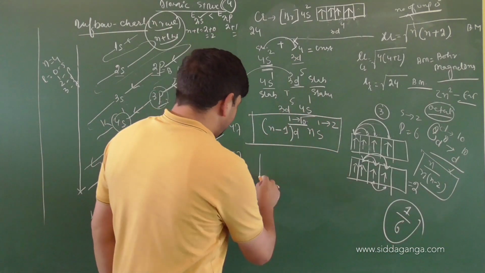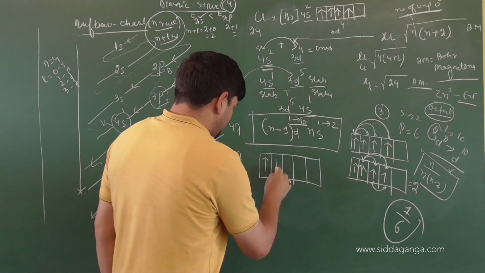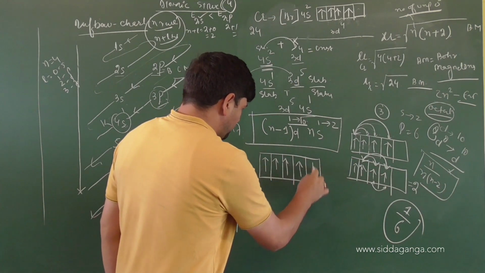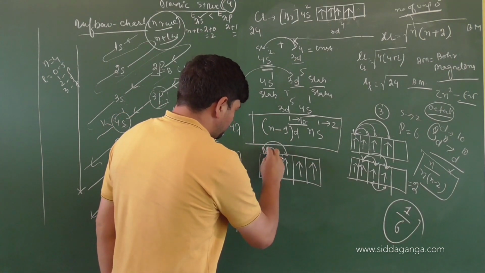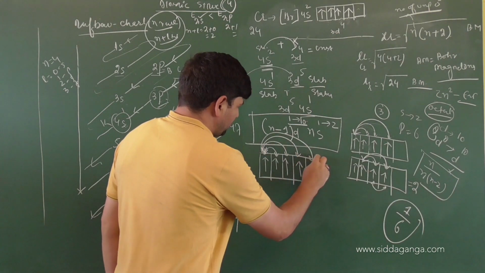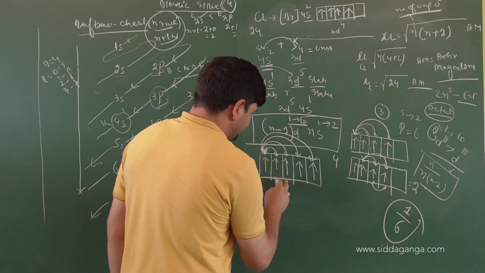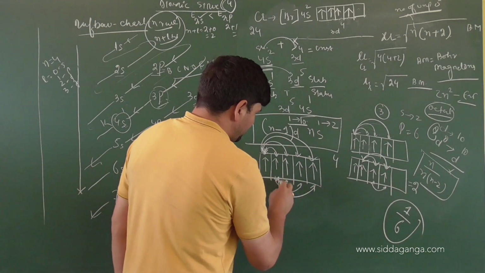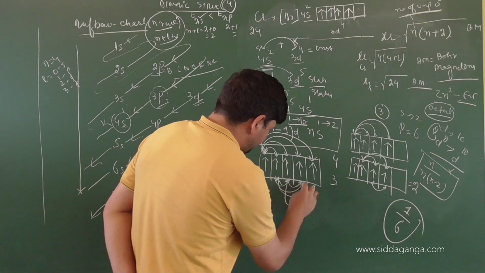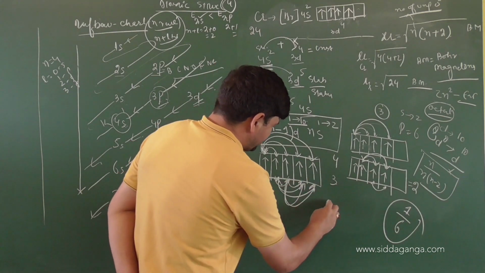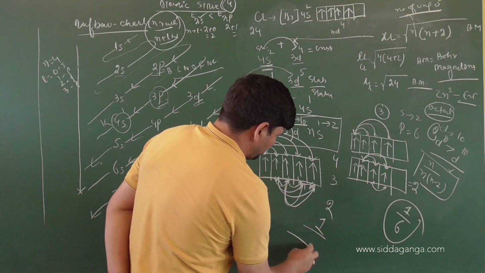Let us now see if it is d5. So 1, 2, 3, clockwise direction I am showing, 4, 5. Let us see how many exchanges. Have a look. 1, 2, 3, 4. So first one is 4. Then electron number 2, how many exchanges? 1, 2, 3. Now electron number 3, how many exchanges? 1, 2. Then electron number 4, how many exchanges? 1. 4 plus 3, 7 plus 2 plus 1. Total how many exchanges? 10.